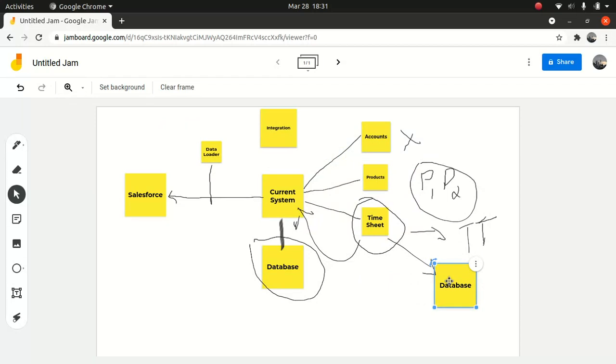Now, moving the timesheet information to the Salesforce is a bit tricky. So you have to ask the customer, is it possible? Do they still want to maintain the timesheet viewing information under the current system, or will it be okay for them to move the stuff to the Salesforce? The things you need to understand here in this case